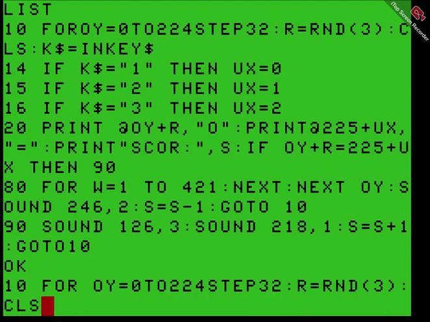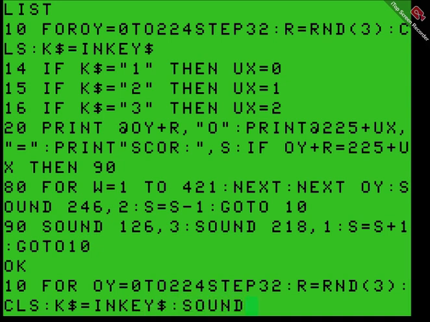See? Oh, I just added a space. I don't really need to change that though. R equals RND 3, CLS. It's actually nice. Key string equals in key string